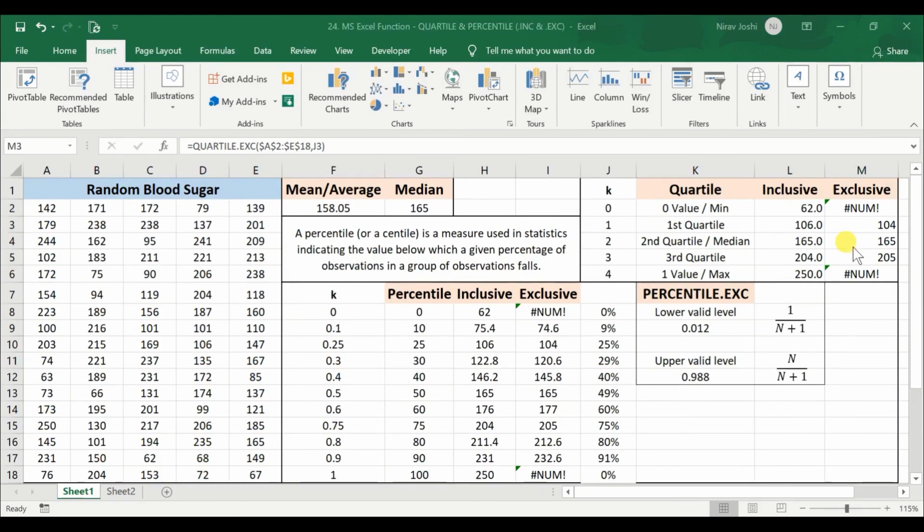The video might have got stretched a bit, but actually I wanted to include all the basics and the difference between inclusive and exclusive in detail, as we need to apply this with fundamental understanding in various theses, dissertations, papers and various other things. So I hope you have learned something new.